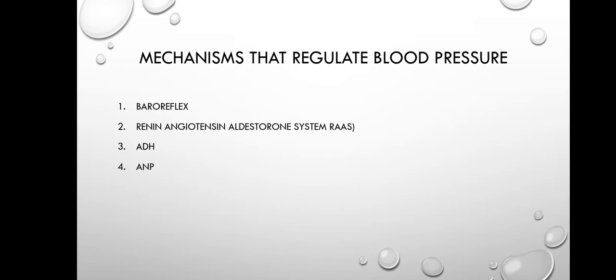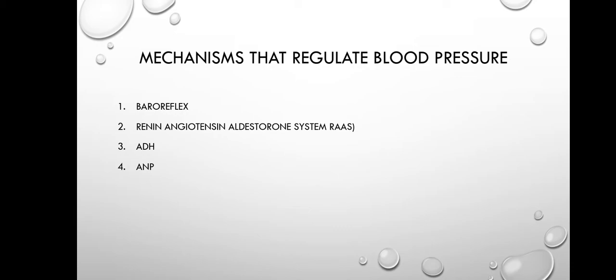Okay. So now we can move on to the mechanisms that regulate blood pressure. So these mechanisms that regulate blood pressure, the main mechanisms are actually two. It's the baroreflex. This baroreflex is also referred to as the autonomic nervous system control or mechanism. And the second one is the renin-angiotensin-aldosterone system, or the RAAS system, which also regulates